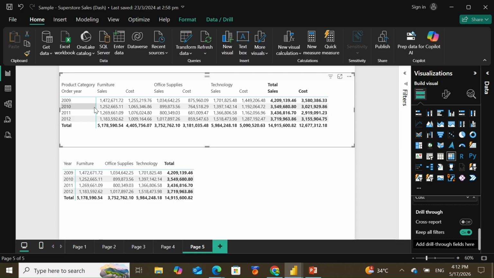We have columns for sales and cost present in our matrix visual. We want to calculate the net profit. In the case of traditional DAX, you would go and create a model level measure. Whereas in the case of visual calculation, we click on this visual, we see a new visual calculation at the